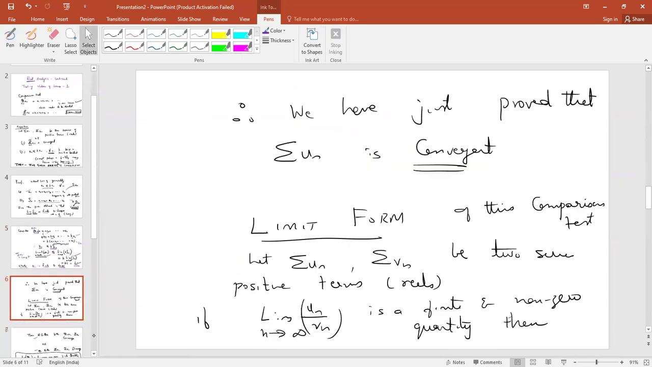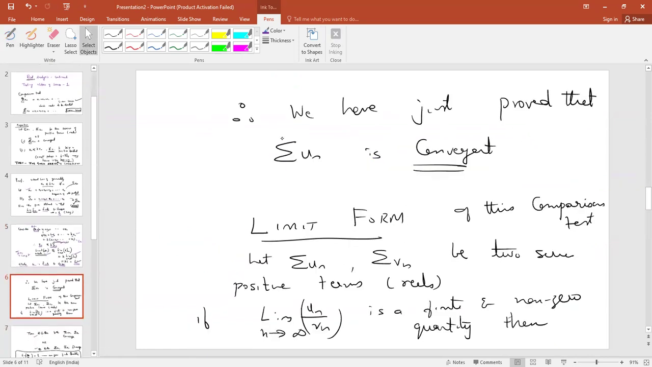That's what we say here. Therefore, we have proved that the series to be tested is convergent. And now there's a limit form, before which I should have told that ditto the same proof works out for